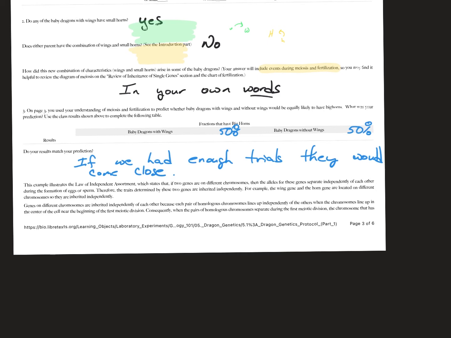The genes on the different chromosomes inherit independently of each other because each pair of homologous chromosomes lines up independently of the others when the chromosomes line up in the center of the cell near the beginning of the first meiotic division. Consequently, when the pairs of homologous chromosomes separate during the first meiotic division, the chromosome that has this